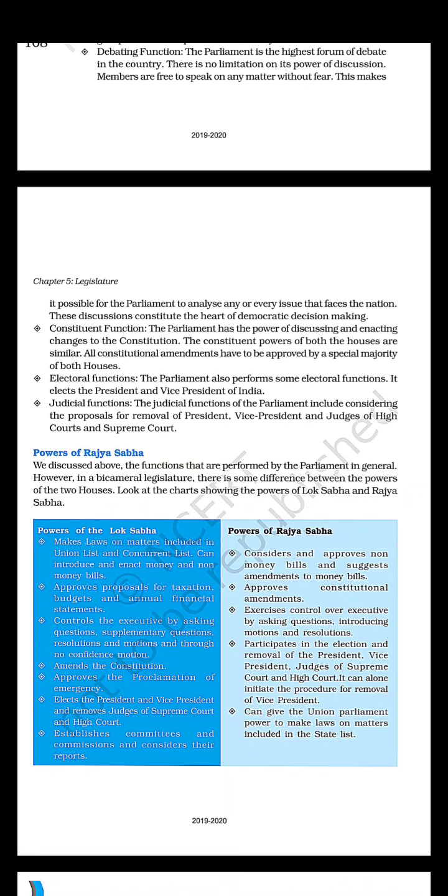Impeachment motion से ही president को हटाया जा सकता है, but when his behavior is unconstitutional, not according to the constitution, then the president can be removed, the president can be impeached, but not only by a single house, both houses are involved in it, and the impeachment motion can be passed. Vice president, judges of high court and supreme court.